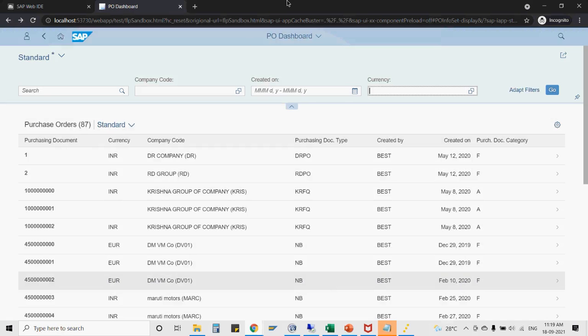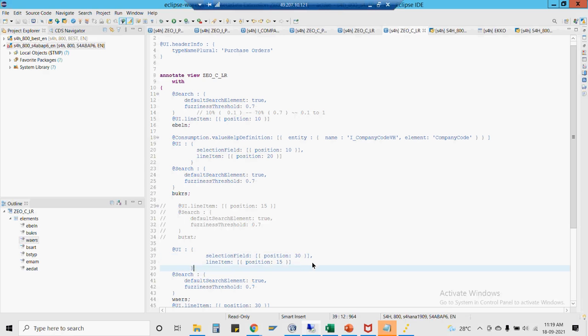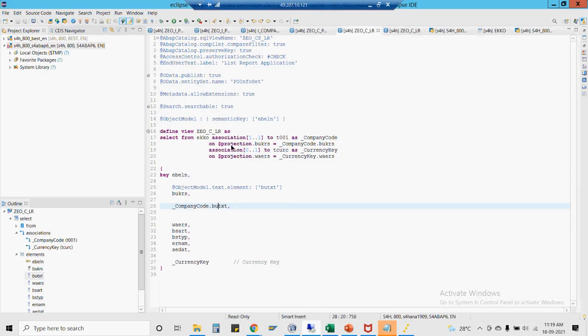Now let me just try to use another way again to define what would be the possible values. For that, what I will be having over here, I will be having something called a foreign key association. Whenever you have an association mentioned over here, you can define a value help using one more type. Let's say for this, I can define,